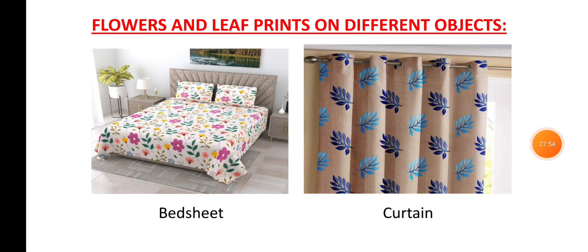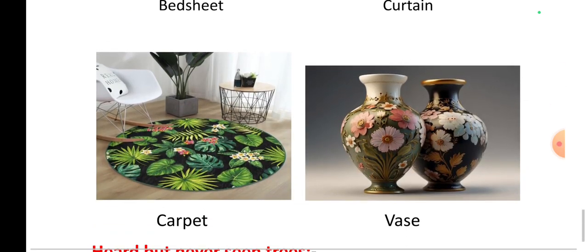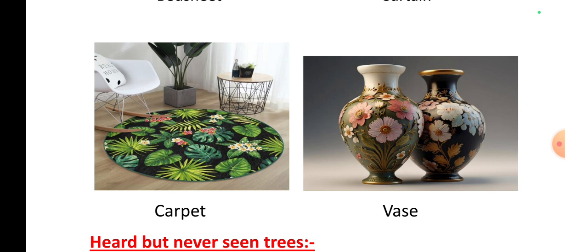At home you can also find flower and leaf prints on different objects like bed sheets, then curtains, then carpets, and then vase. Okay,